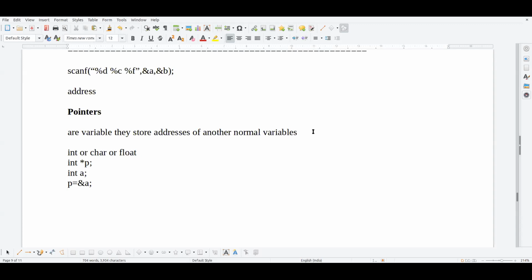I'll show you them. And if you want to read the value which is present at that address, again we use the asterisk symbol. If you write asterisk p, then it returns the value at that address.